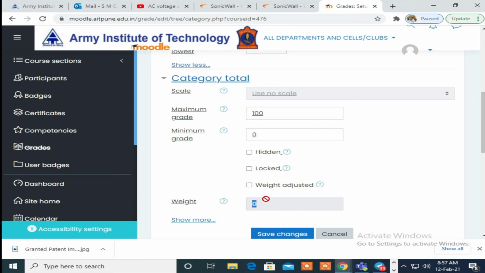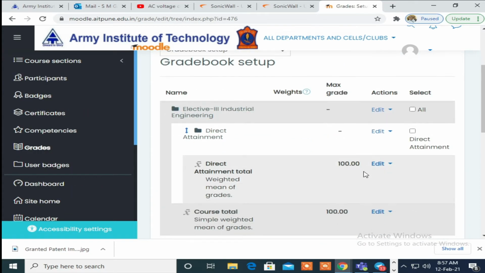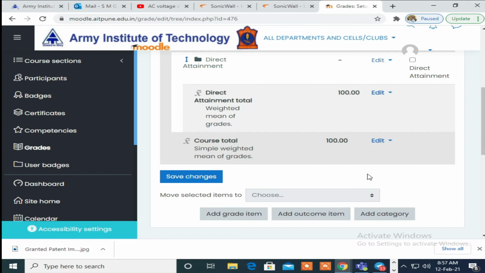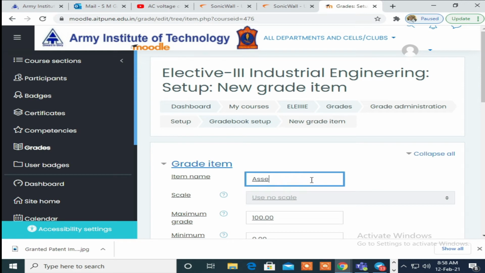We will do editing after we add this item category. Yes, the save changes button. Right now, after doing save changes, we can go to the edit button, and from that we can make our changes. So click on the edit button here.